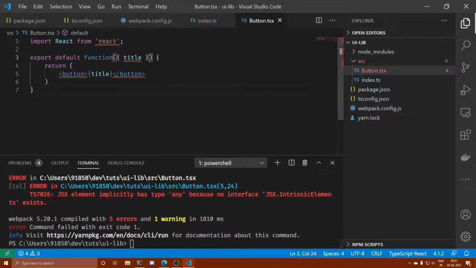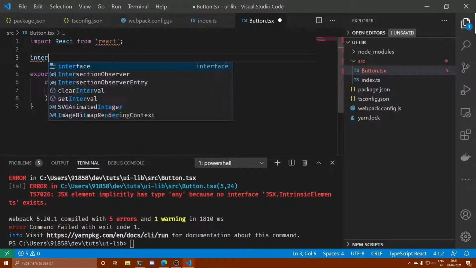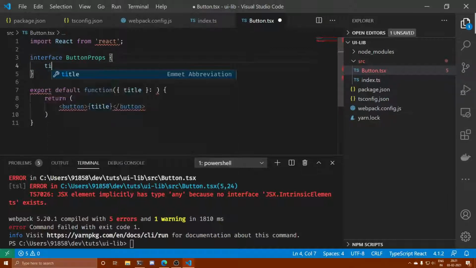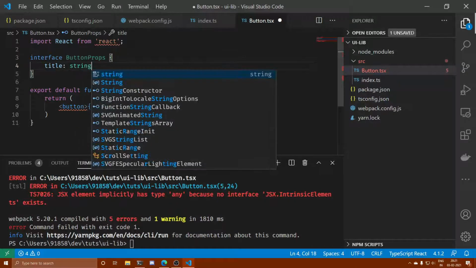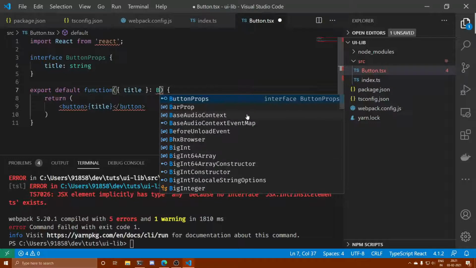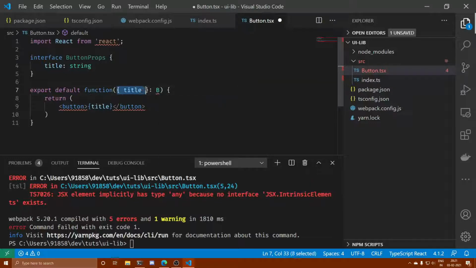So let's quickly introduce a typing over here as well. So you can either create an interface ButtonProps, okay, and title is going to be of type string, and then this entire prop structure is going to be of type ButtonProps.